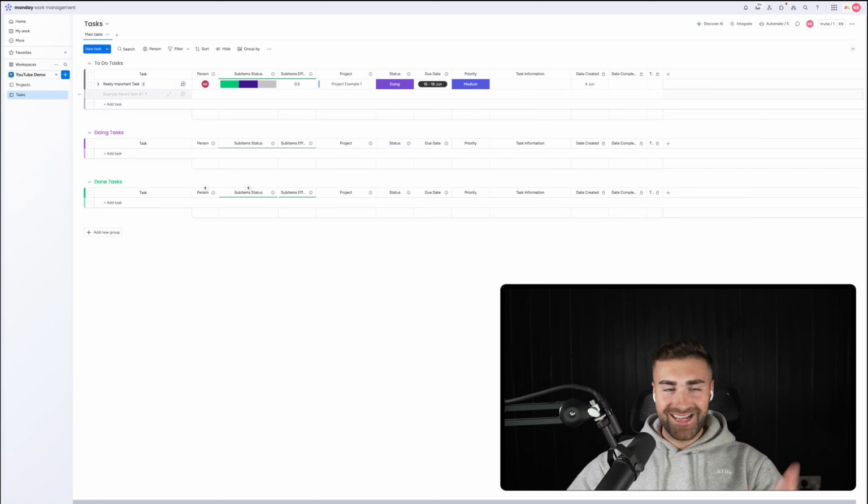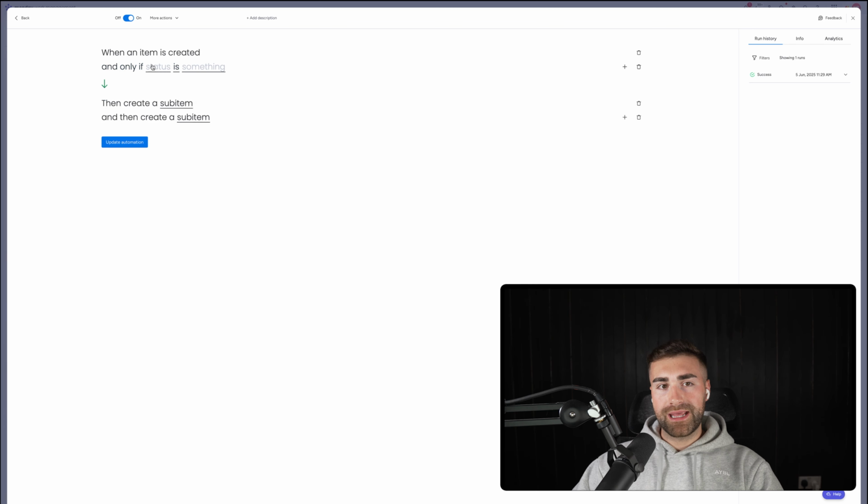Now, if you want to change your trigger, you can. So if we go to automate again, at the moment it's when an item is created. Alternatively, you could do a create automation and say when status, and then let's say a status of some description changes to something, then it creates the sub items. Alternatively, what you might want to do is when an item is created and then add a filter and say, and only if, let's say, status is equal to doing or priority is equal to something, let's say critical, then